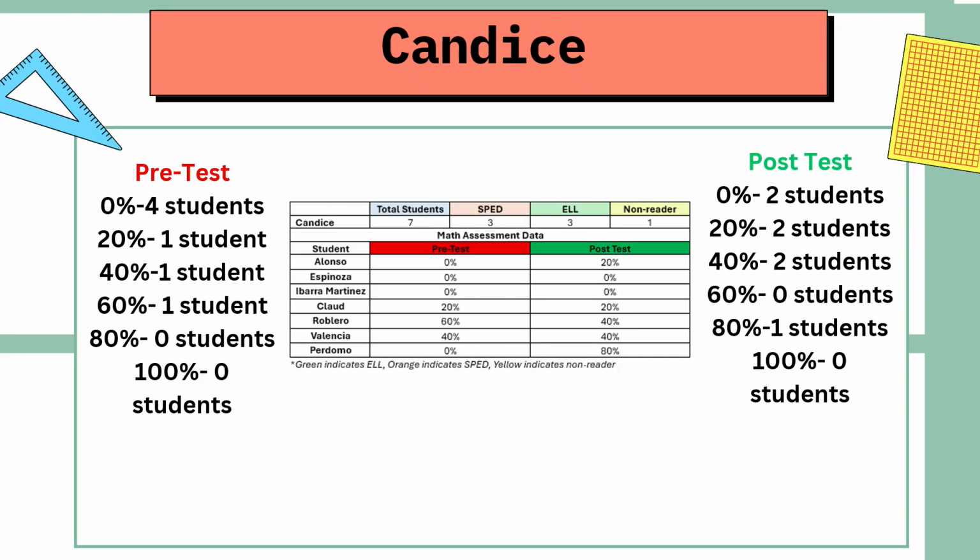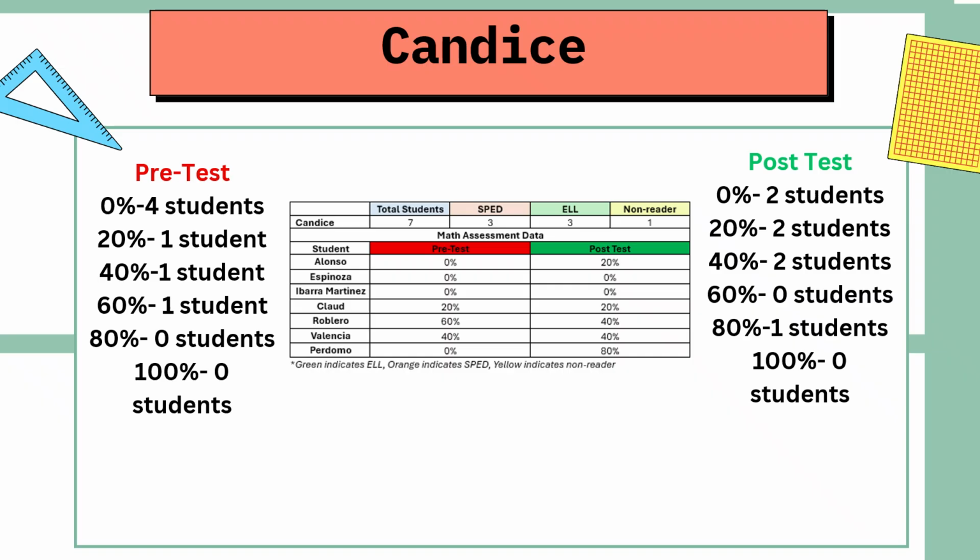Candace's data shows limited growth, with students still spread across the lower performance bands for the post-test. This raises concerns for me about instructional strategies and clarity of focus during intervention time. Are students working on targeted skills, or are sessions too broad? From my experience, when growth is minimal, it often points to a need for a tighter alignment between core instruction